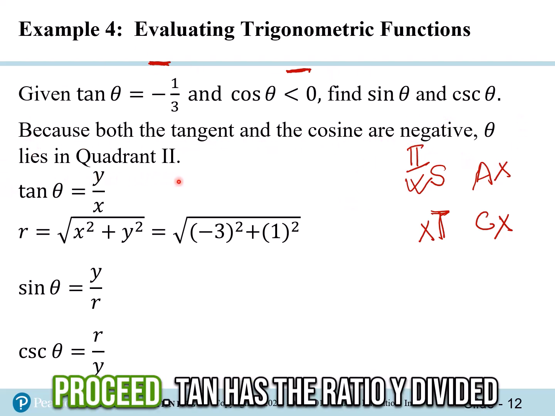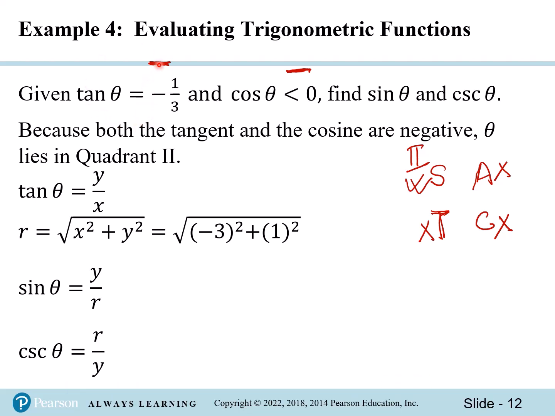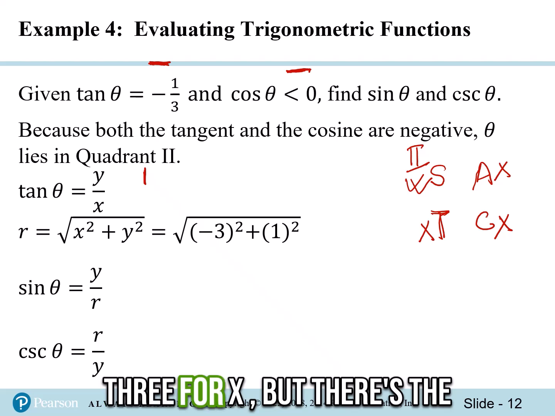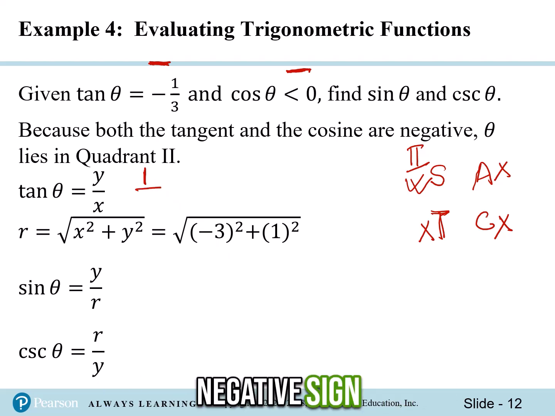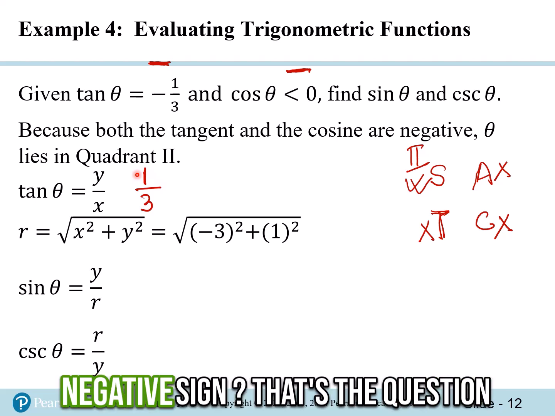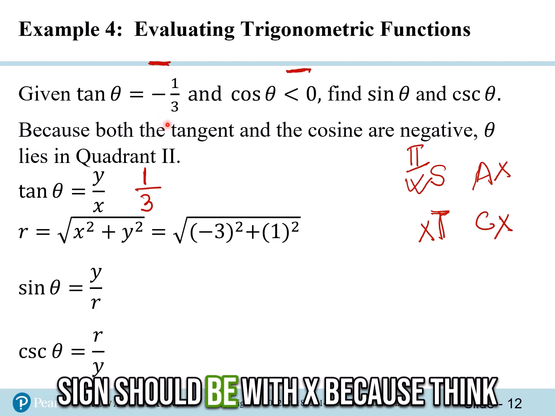So let's proceed. Tan has the ratio y divided by x. Now tan is negative 1/3. We can write a 1 for y and 3 for x, but there's the negative sign. To which variable do we assign the negative sign? That's the question we have to figure out. The negative sign should be with